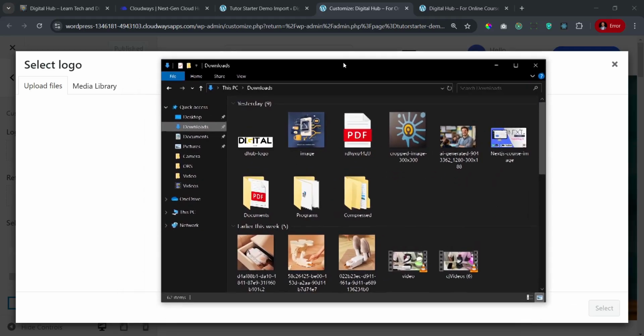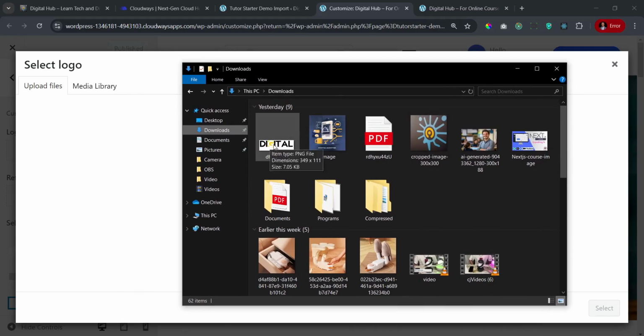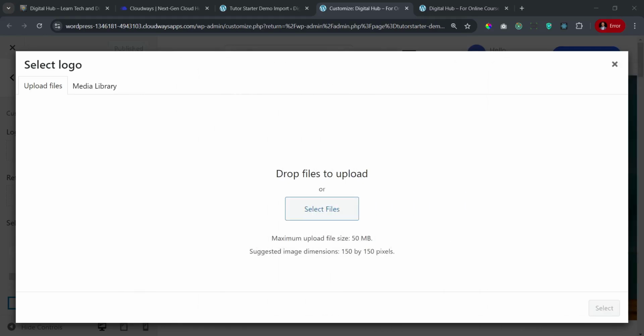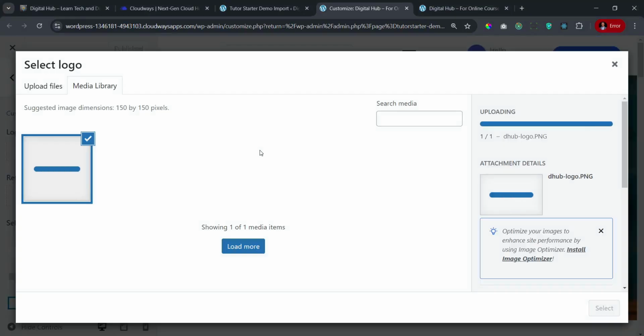So I have some stuff I've already created here. So for example, this is the logo I created for this particular project. But I just want to bring it here so that I can drag and drop it. So I'll just drag and drop the logo. So that's the first. I will drag and drop an image,